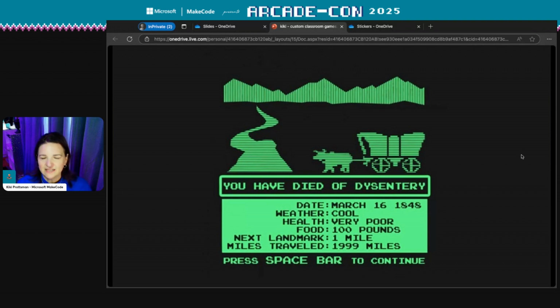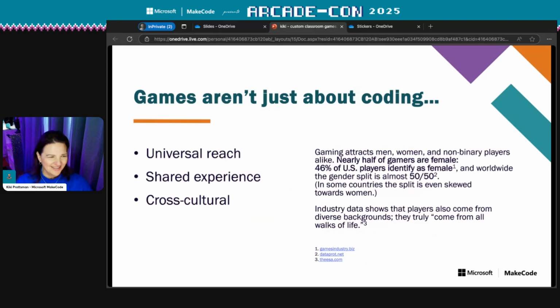You feel so connected that even now, years later, I remember dysentery. Thankfully, I've never had it. Okay, so here's the statistic. It was 46%. So it's not just about coding, universal reach, shared experience, cross cultural.